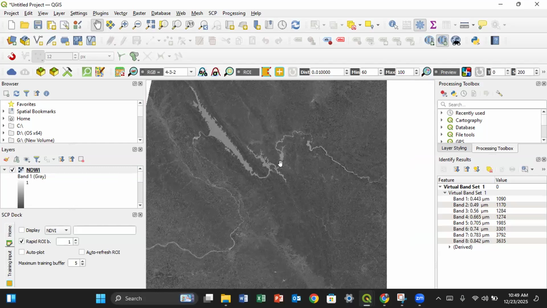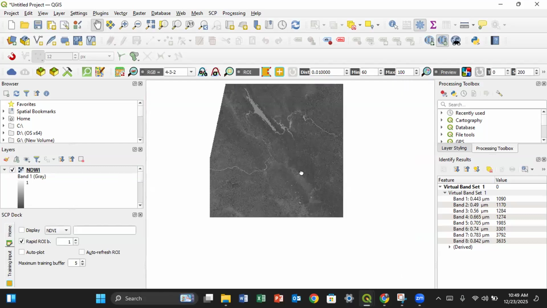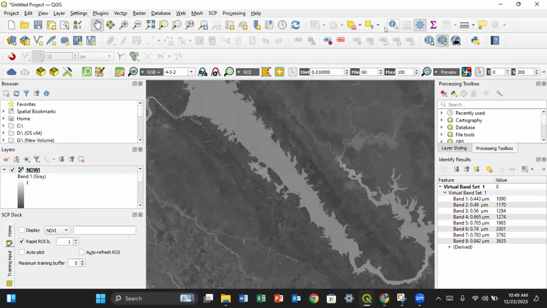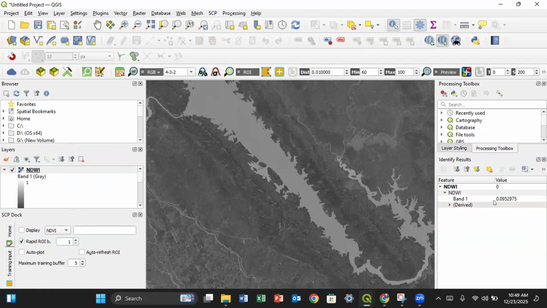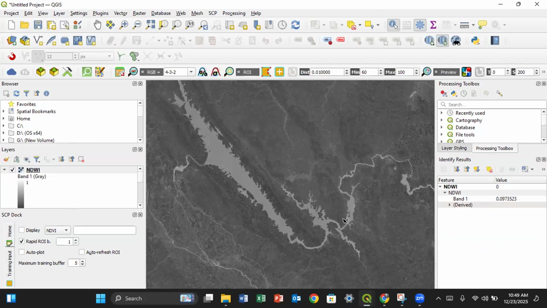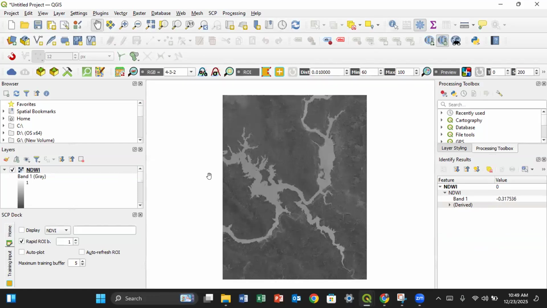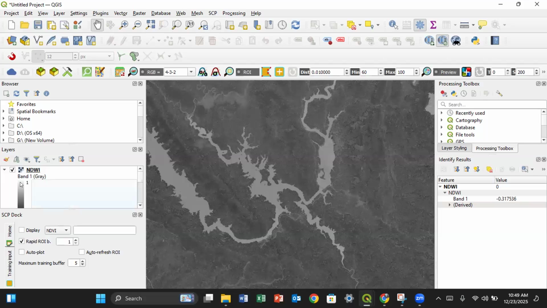In this, if you see, the more it is near to one, the more it is water. If you open the layer styling panel for NDWI,